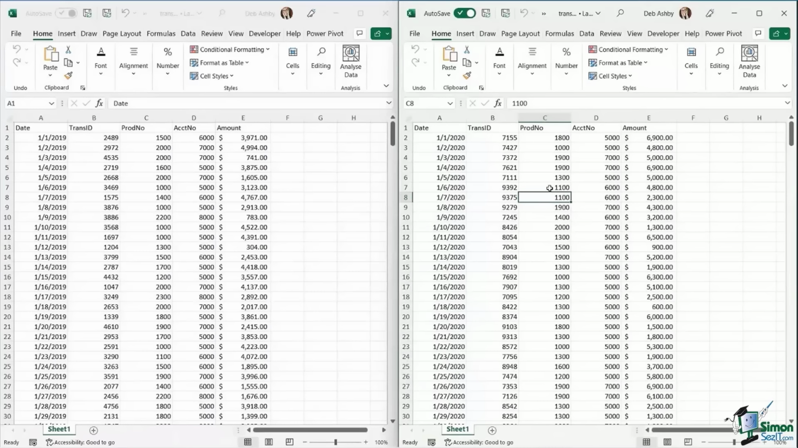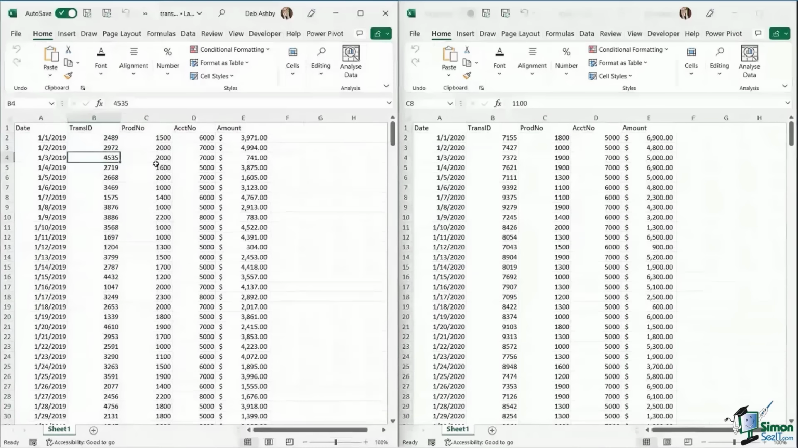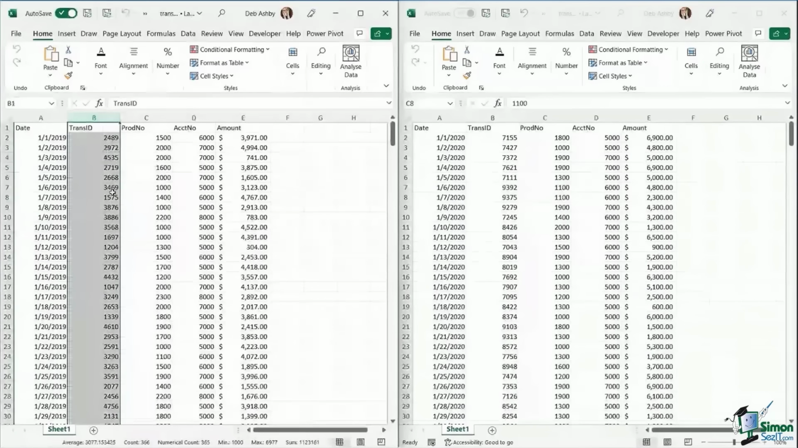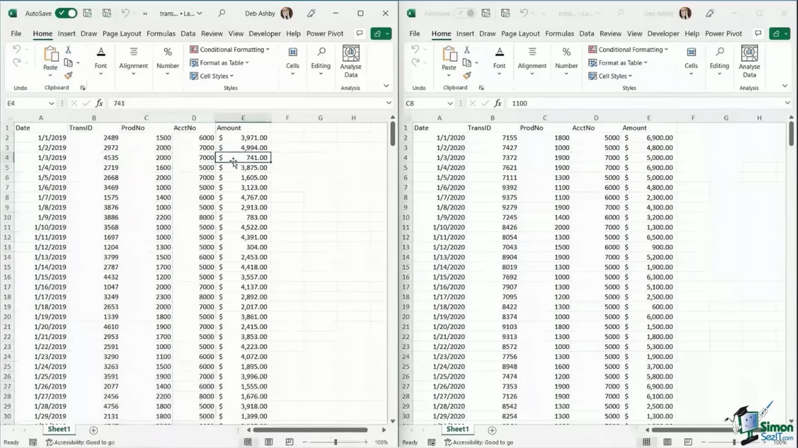Now, something else that I might want to do here is, if we take a look at the data that we have in here, it's not particularly meaningful in these two files. I have transaction IDs, which are just random numbers. I have product numbers, I have account numbers, so on and so forth. So if I was doing a pivot table based off of this data, it's not going to be really very meaningful